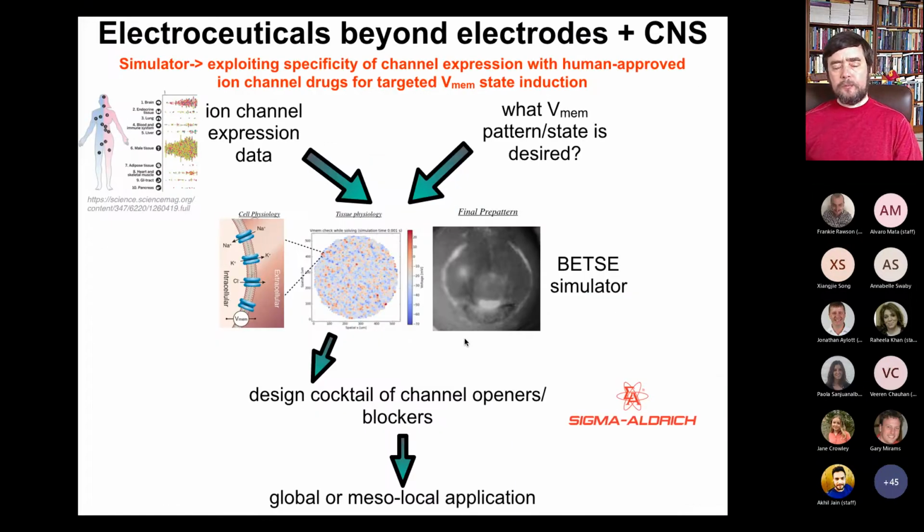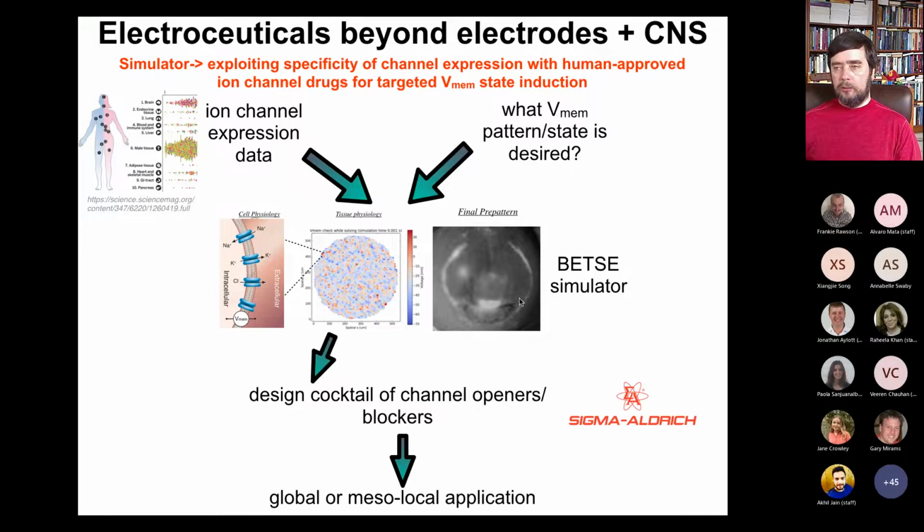So for the future, we think the one roadmap for this field looks something like this. There should be a platform for picking electroceutical blends. So basically, what will happen is that we already know from transcriptional profiling what channels are expressed in different cell types. We need to do a lot of physiomic profiling to understand what voltage state is required in any particular tissue. So what's the correct pattern? And if you know what the correct pattern is, and you know what channels exist as your control knobs,